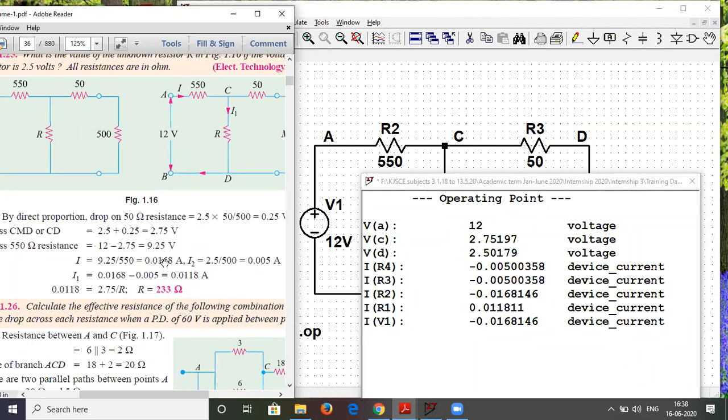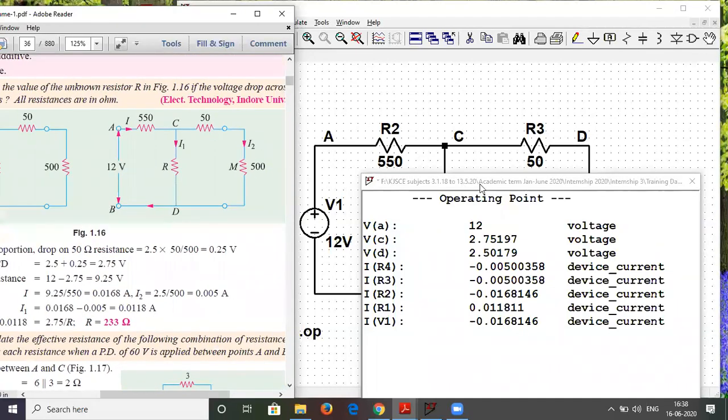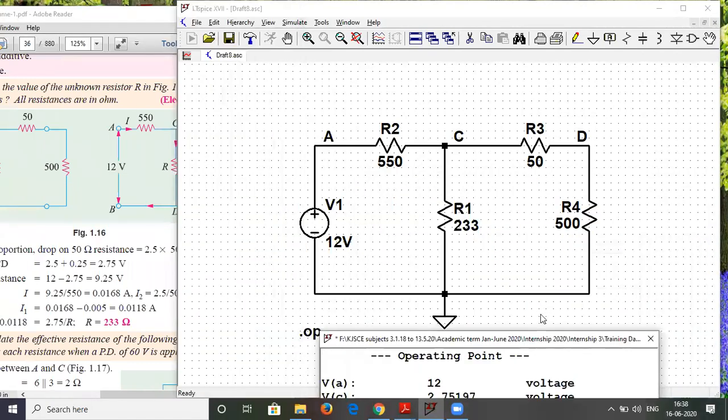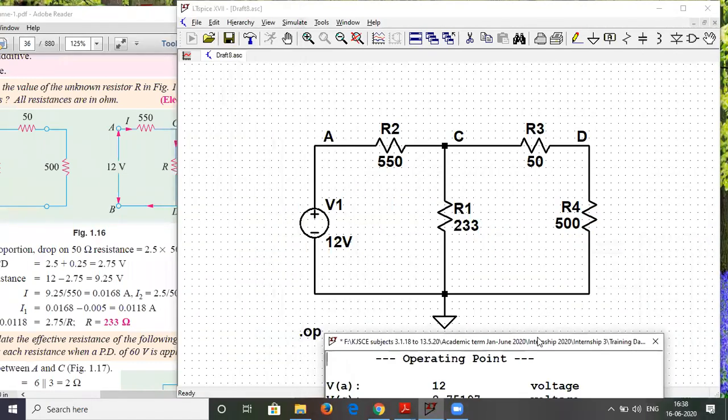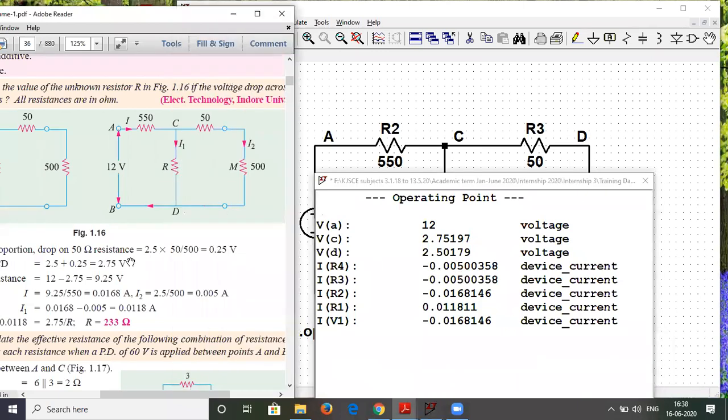As you can see, there are more digits, but still it's quite accurate up to 4 digits. And I2 is the current flowing through the R4 resistor, so basically this is I of R4. Just ignore this minus sign for the time being. It is 0.005.